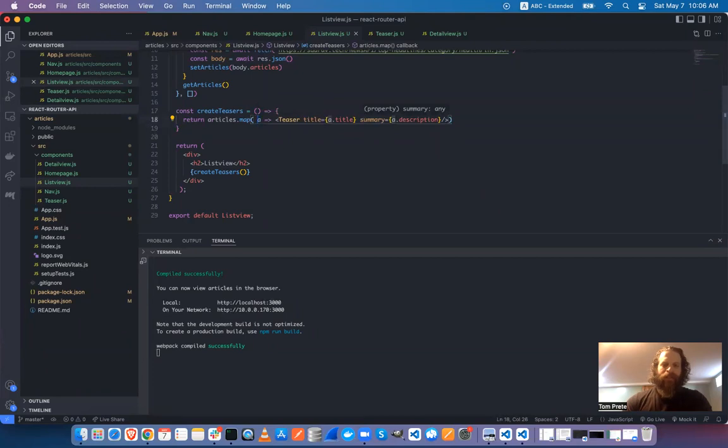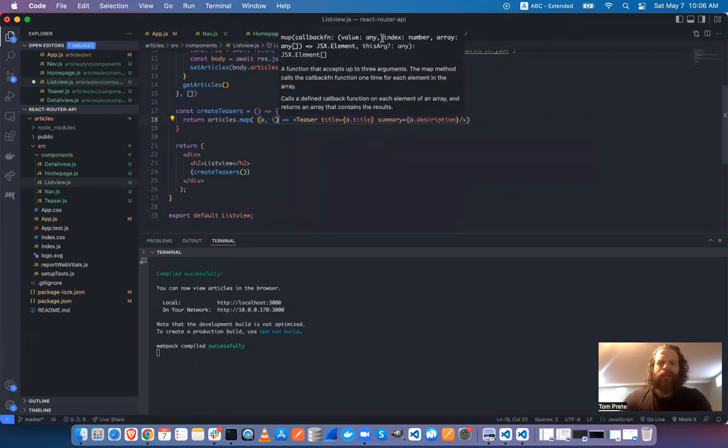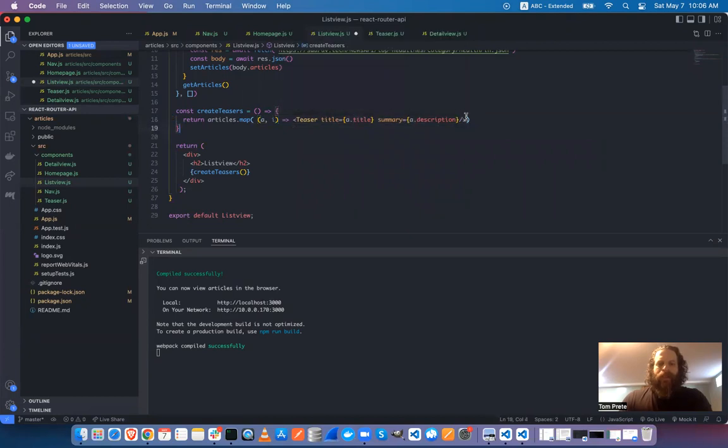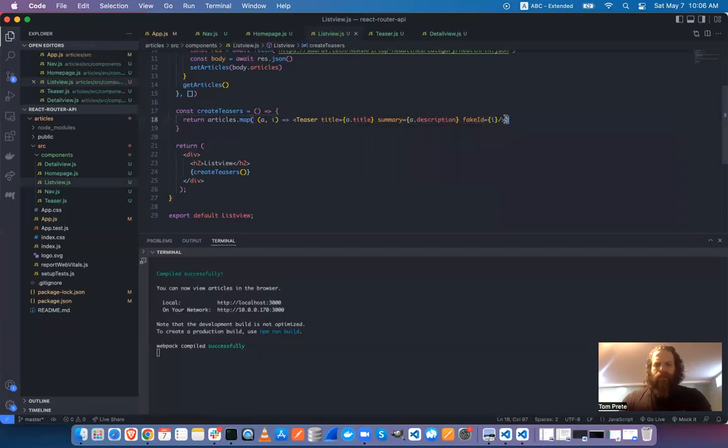That should work fine. I think the second one is index, yes. And then I'll pass another one as a fake ID. So fake ID will get i, and then the